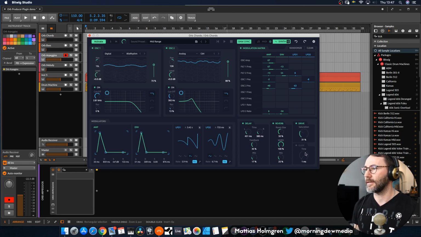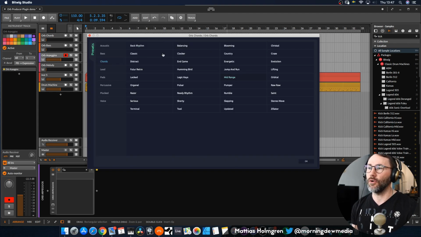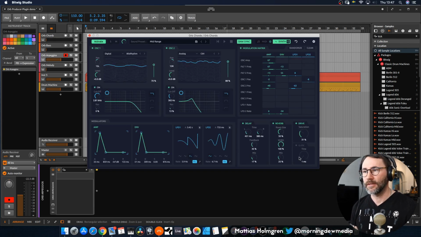And the note glide. And you can also utilize the randomizer here if you want to come up with more original sounds. But the Orb Producer Suite ships with a bunch of presets, so you can just browse around here and find a specific preset for your melodic phrase.